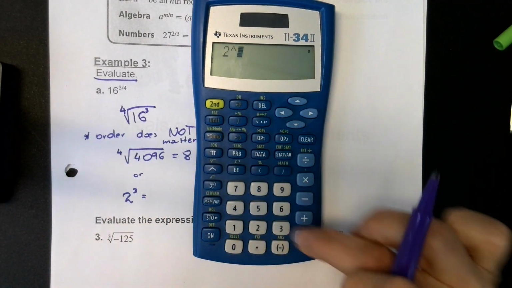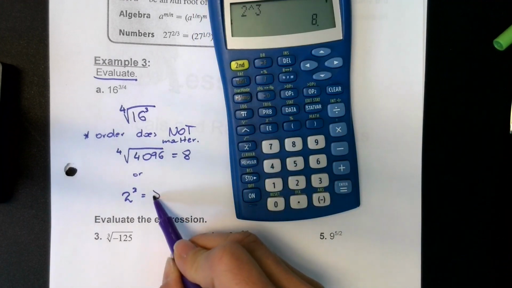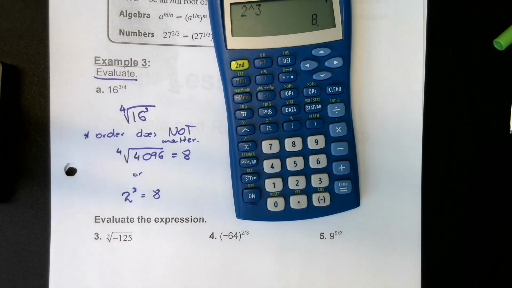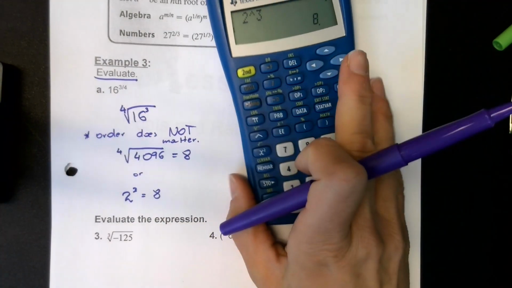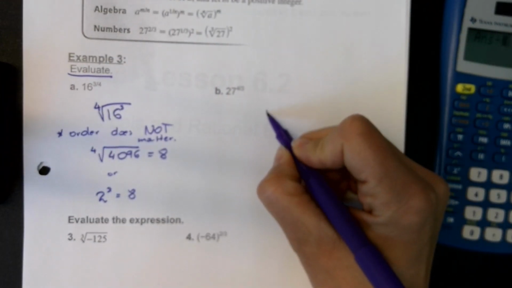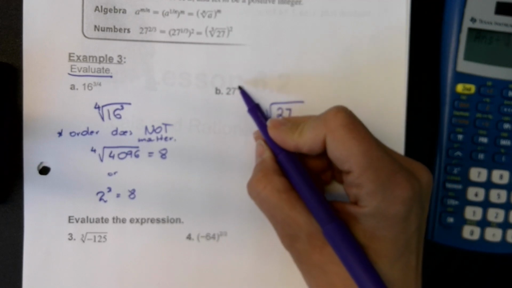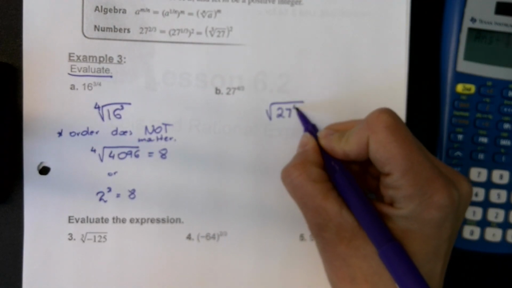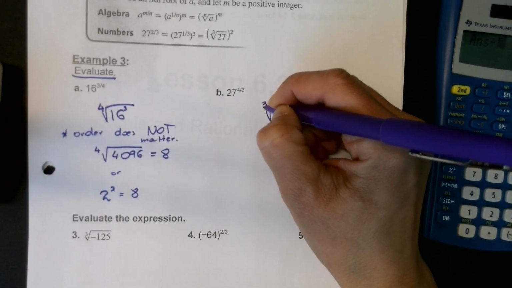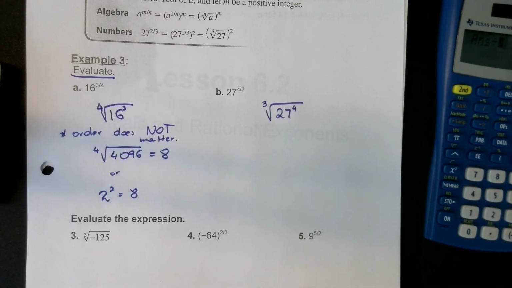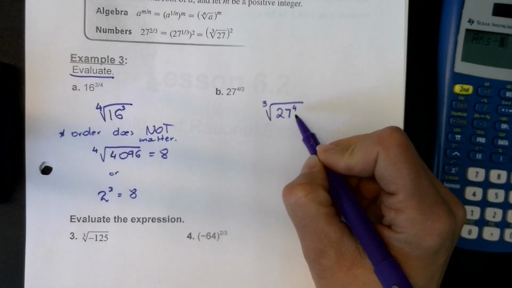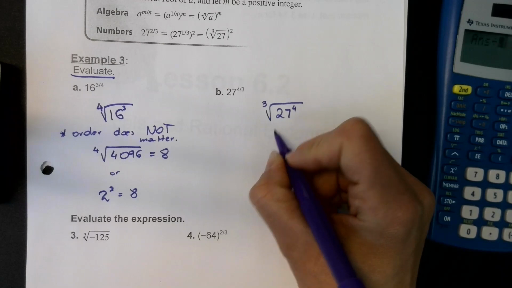And 2 raised to the power of 3 is 8. So the order of either taking 16 to the 3 or the square root of 16 to the 4, you'll get the same answer. So whichever you prefer. So 27 goes under the root. Remember, 4 is right next to it, right? So it's 27 to the power of 4, and then you take the cube root. Cube is actually the 3. Whichever way you prefer. I kind of like taking the root first because I'm working with smaller numbers, but it doesn't matter. So I will take